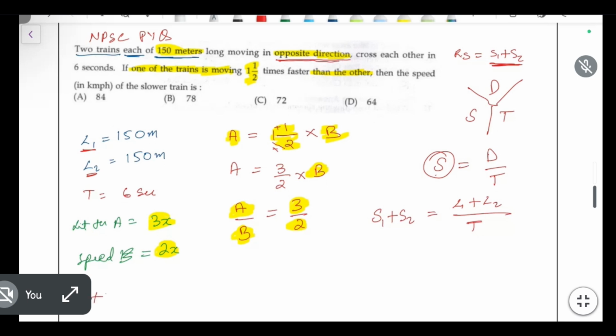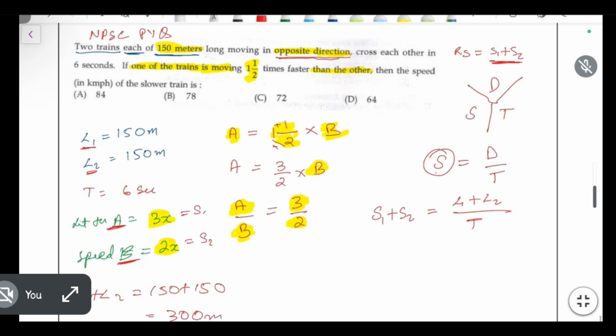L1 plus L2 is nothing but 150 plus 150, which is equal to 300 meter. Speed 1 is this one, and speed 2 is this one. This is equal to S1, and this one is equal to S2. The speed of the first train is nothing but 3x, and the speed of the second train is nothing but 2x, equal to the length of the first train plus second train, which is 300 meter, divided by